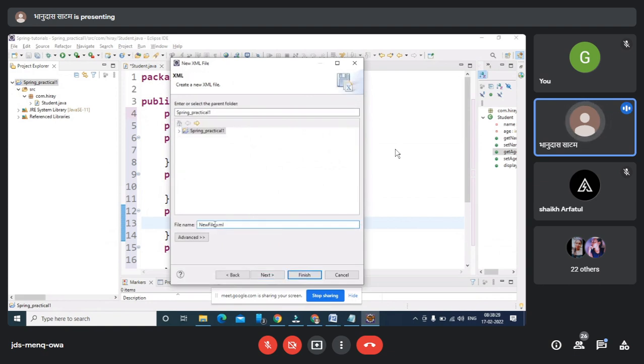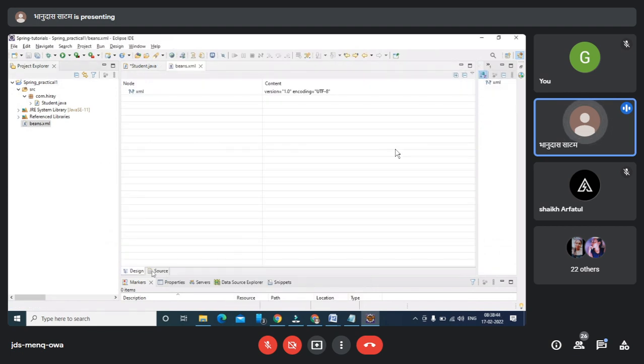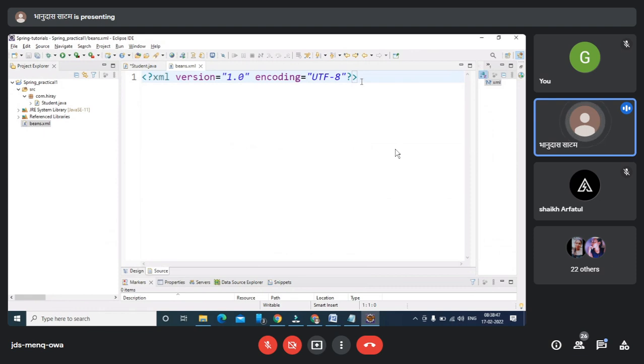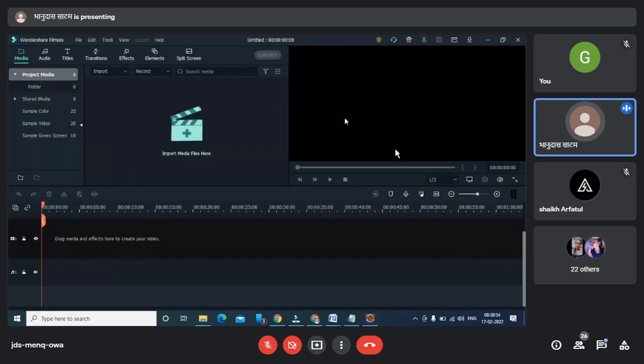You can give any name here. For my XML file, since I'm going to create n number of beans, I'm choosing beans.xml here. Please understand, this is very important. Once you know how to create the bean XML file, only then are you going to use the beans here, and the respective libraries you are using there.